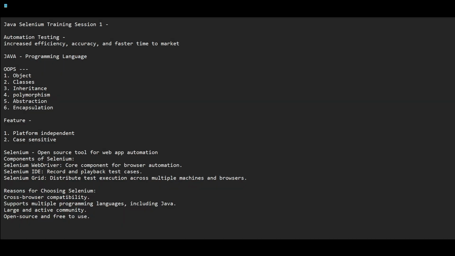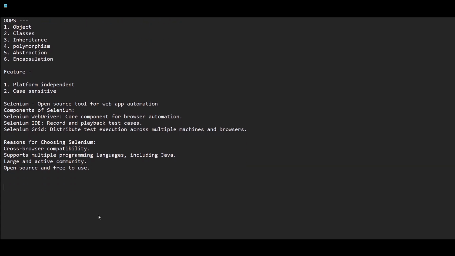So let's now talk about exactly what tools, infra or IDE you require to make a successful Java project on which you can run or automate your application via Selenium. If I talk about any IDE, there are multiple IDEs available right now in the industry. The most common IDEs, which most of us are familiar with, are Eclipse or IntelliJ. So for Java, you will be requiring one IDE, which can be either Eclipse or IntelliJ. You can install any one of them. I would prefer Eclipse over IntelliJ,